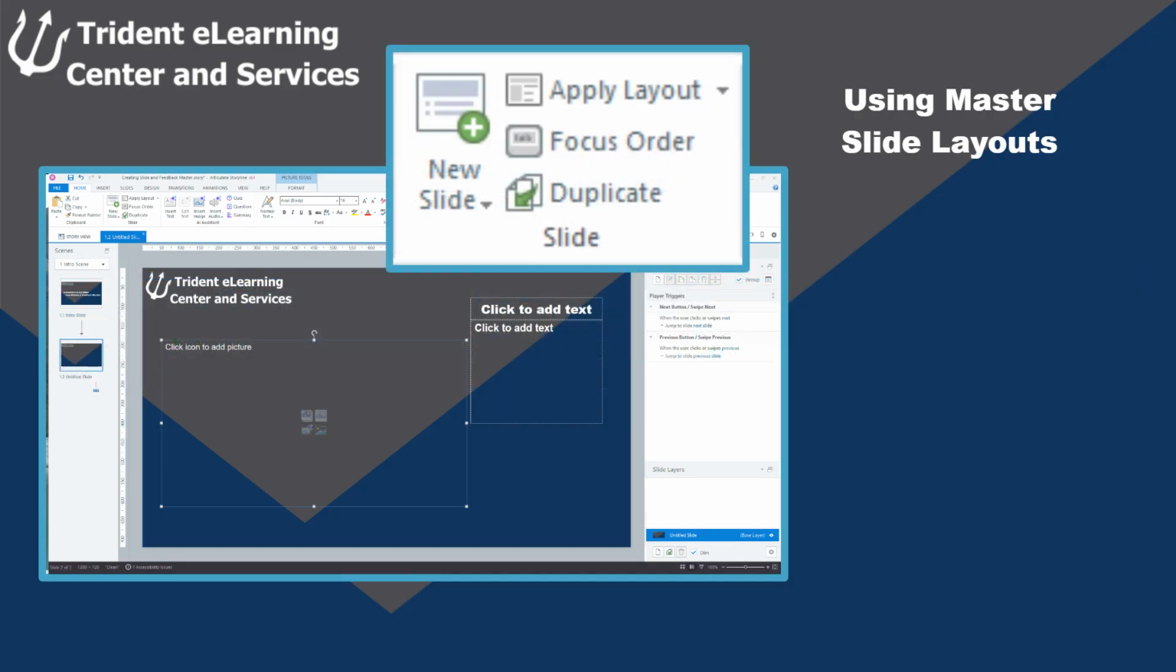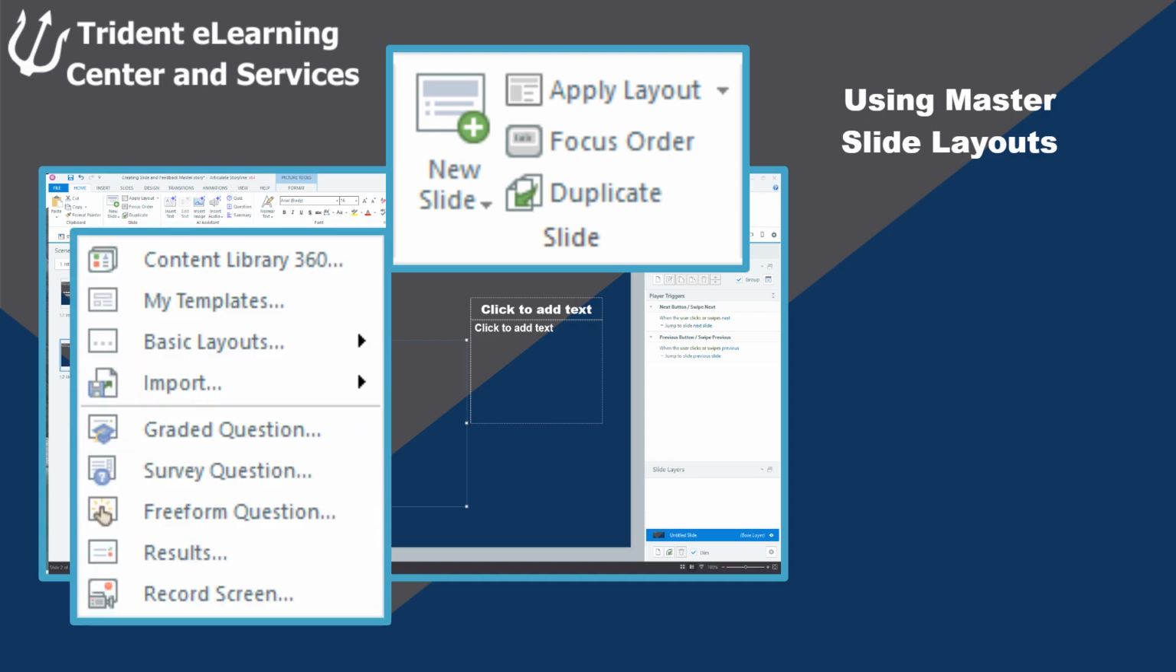If you select the new slide icon directly, Storyline will insert a new slide using the same layout as the slide you currently have selected. But if you select the down arrow, you'll open a drop-down menu. Here, you can see every master and layout available in your project. From there, you can choose the exact layout you want, and Storyline will drop it into your lesson as the